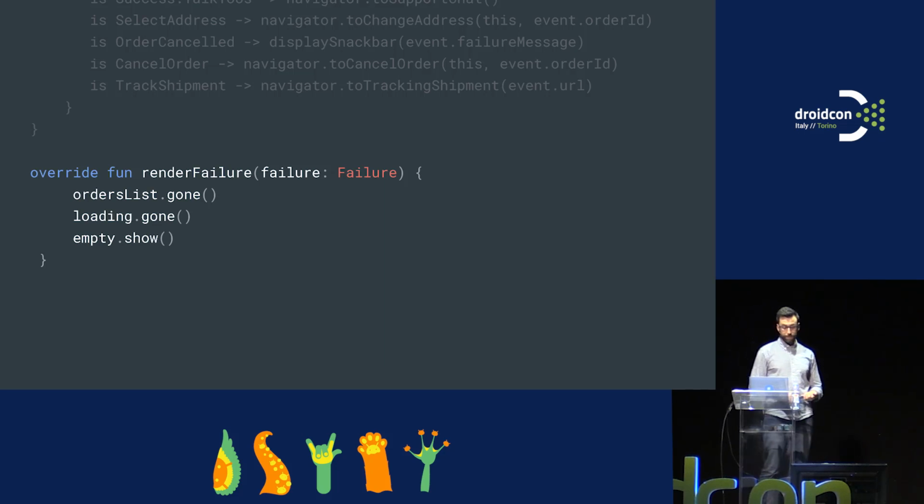And then the same thing happens with the failure. Now this type of failure, we only have one. So we just take care of this, but it will be the same code. We just have to do a when and be able to dissect that failure and decide what to do on those things. But sadly, we haven't solved all the problems yet.